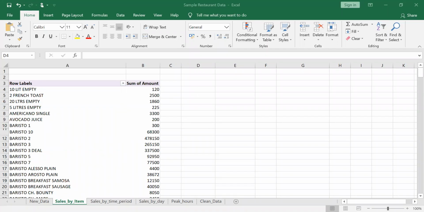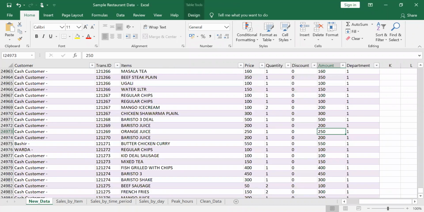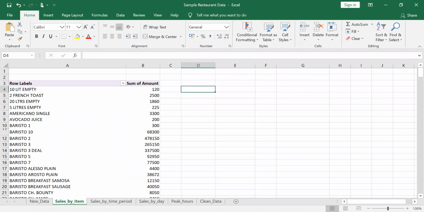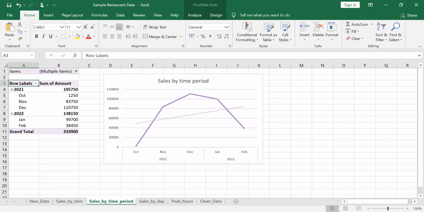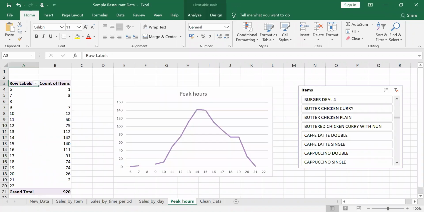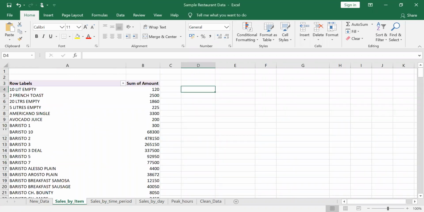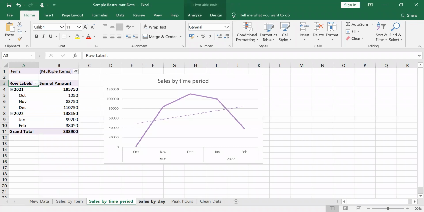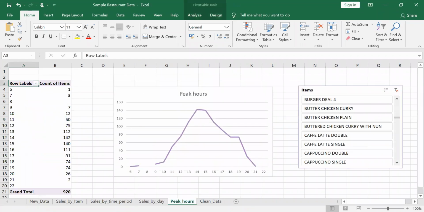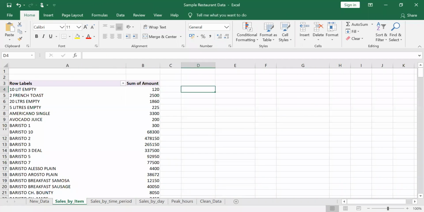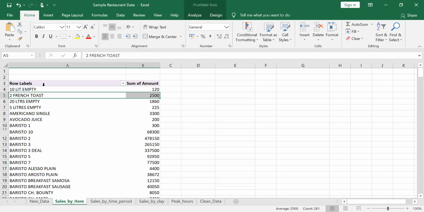Okay, so we have looked at how to create the sales by item, sales by time, sales by day, and peak hours, and now we want to see how we can join these things together to create something that resembles all of them, so that you don't have to keep switching from sheet to sheet to find the information that you need. So before we start with that, we'll start by naming these